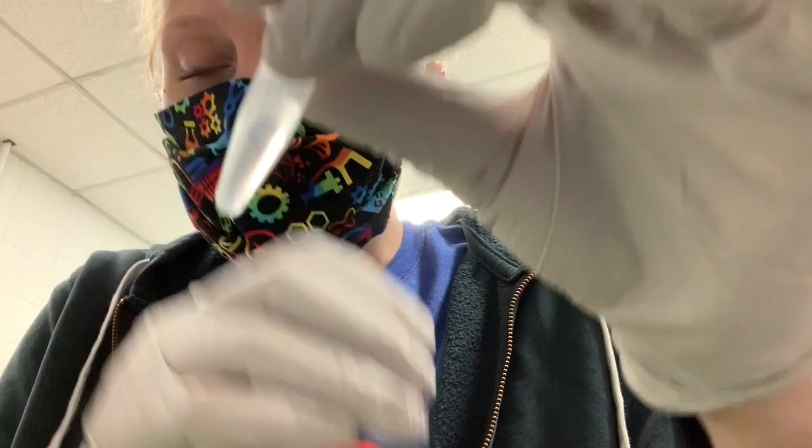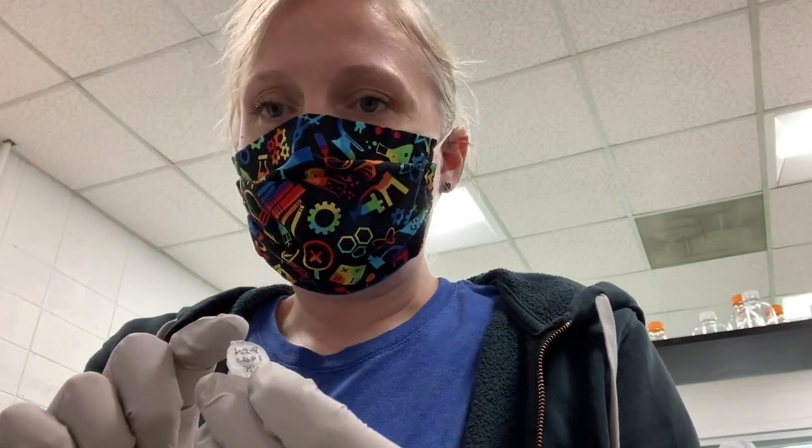You can see it there. I always put the hinge on the tube outward so that I know that the pellet will be on that side of the tube. Just another little tip. So what we're going to do next is